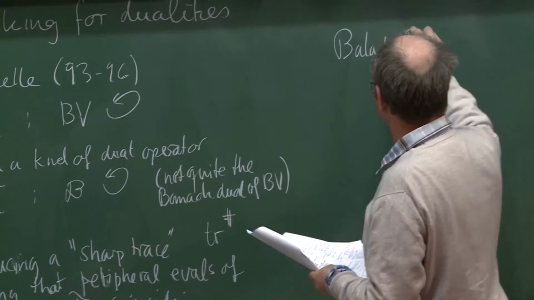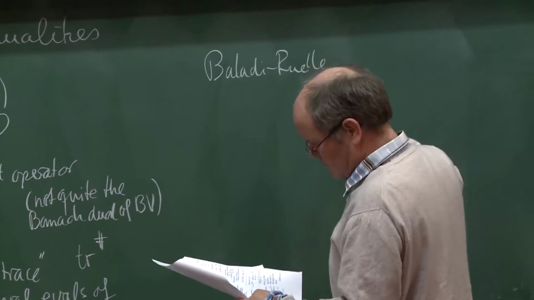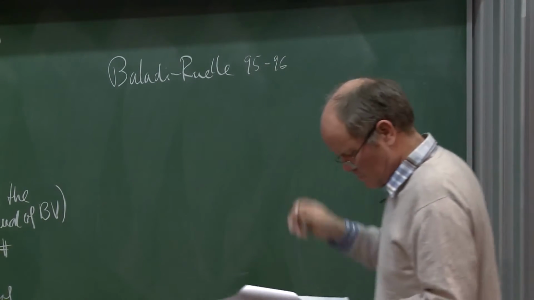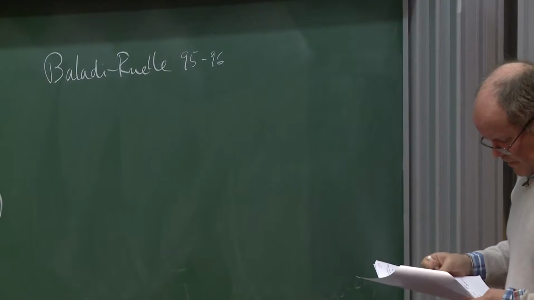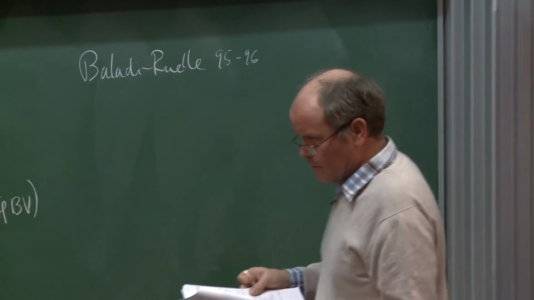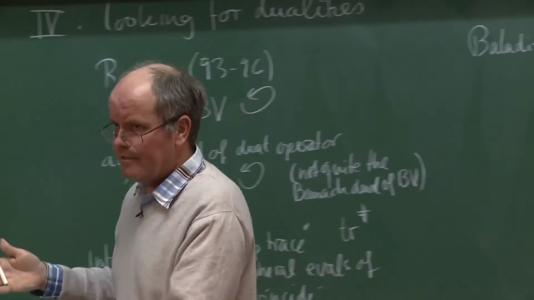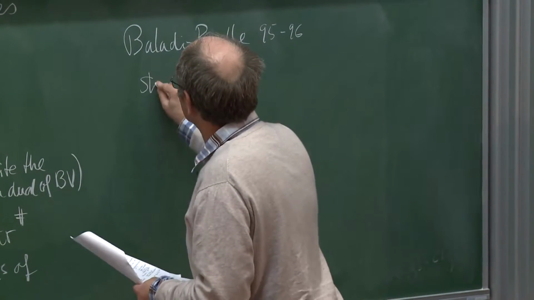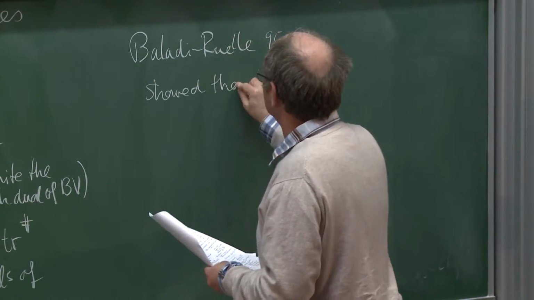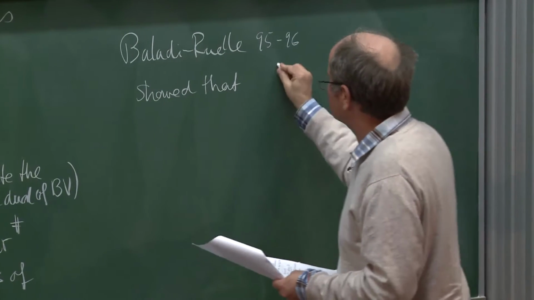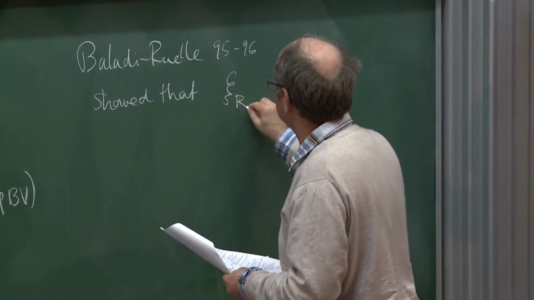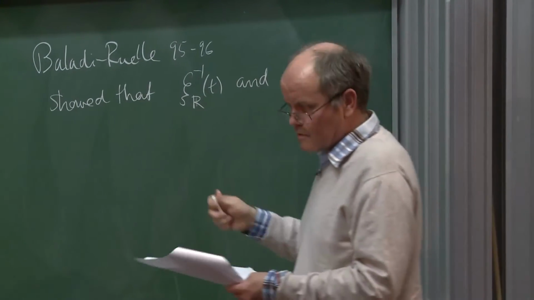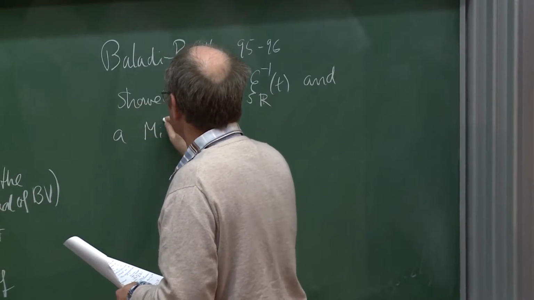Then Baladi and Ruelle, I think that was probably 95, or published 96 also, the years might be a little bit off, then studied directly the Milnor-Thurston determinant, but with weights, and showed that the zeta function of Ruelle and, say, I'll call it a Milnor-Thurston-like determinant